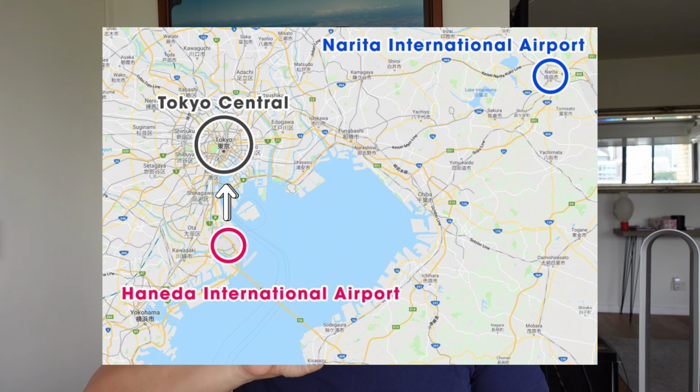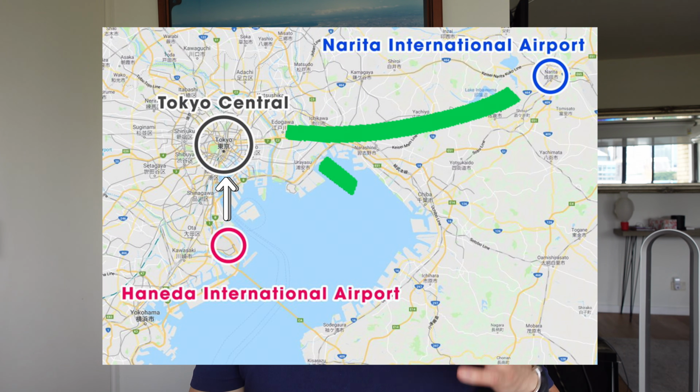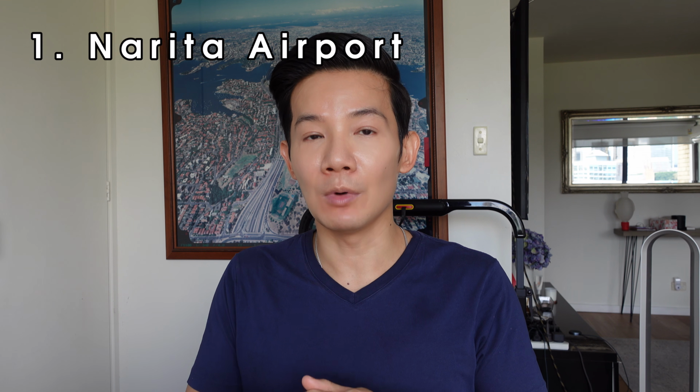So let's start by first addressing the fact that there are actually two international airports in Tokyo, and that's Haneda and Narita. Narita is about 80 kilometers from downtown Tokyo, whereas Haneda is much closer at 25 kilometers. That being said, Narita commonly tends to be where most visitors land, as that is where most of the low-cost carriers go to. And so let's first start by giving you a lowdown of all the different transport options available